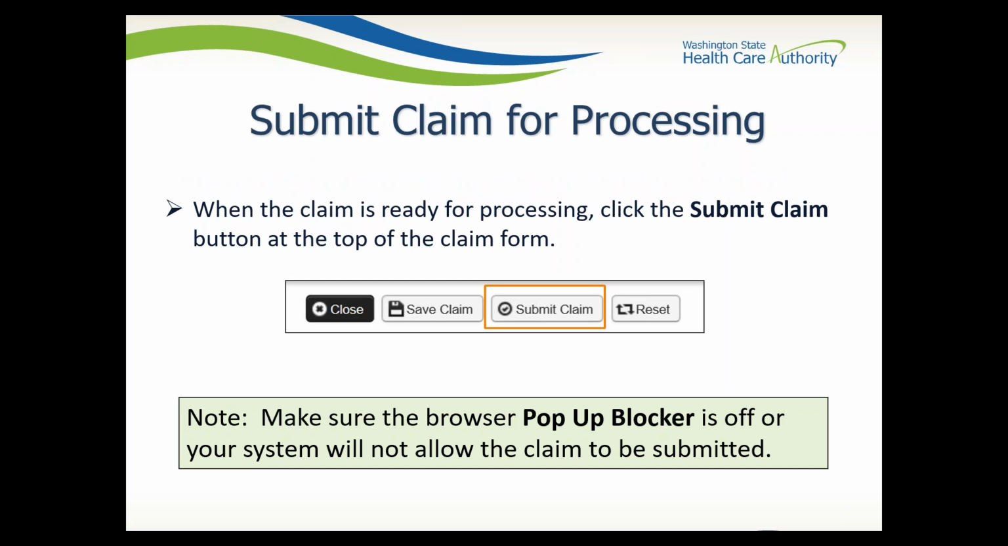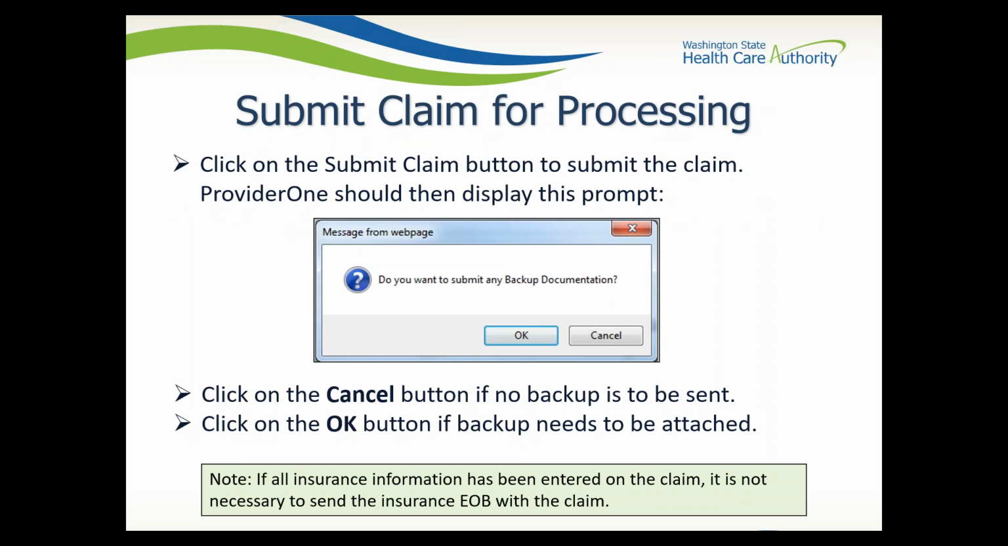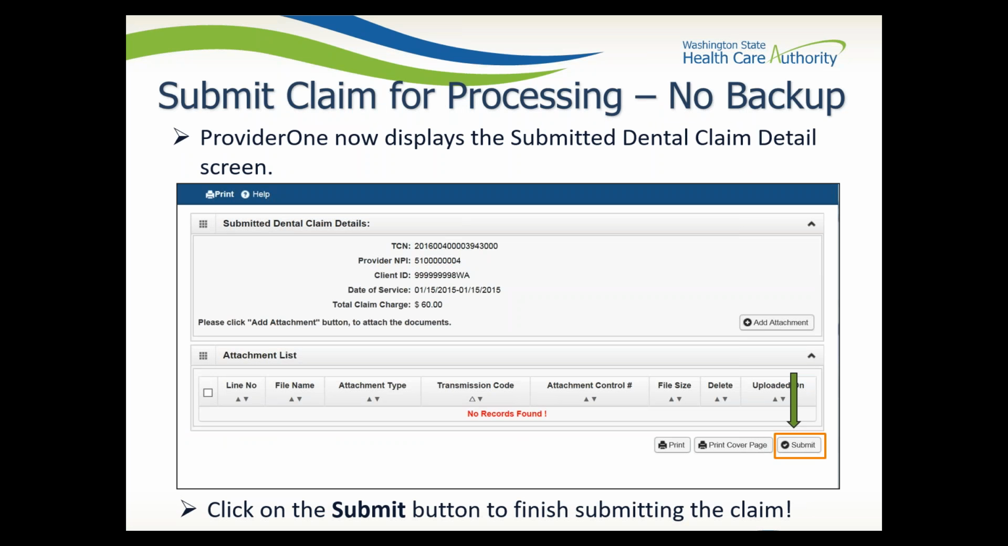Once all service lines have been added and you're ready to submit your claim to ProviderOne, click the Submit Claim at the top of the claim screen. If your pop-ups are turned off, you will receive this dialog box. If you have backup documentation that needs to be attached to the claim, click the OK button. Simply click Cancel if there is no backup being sent. If you had no backup to attach and you clicked Cancel on the dialog box, you will come to the Submitted Dental Claim Details page. This provides you with your claim number and a summary of the